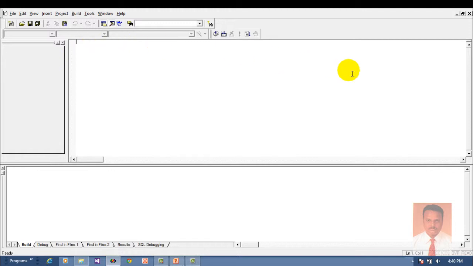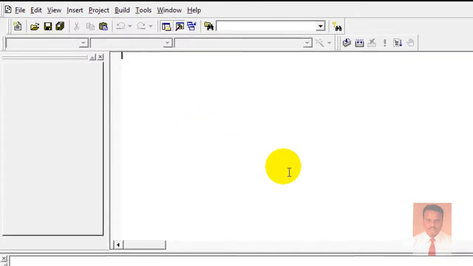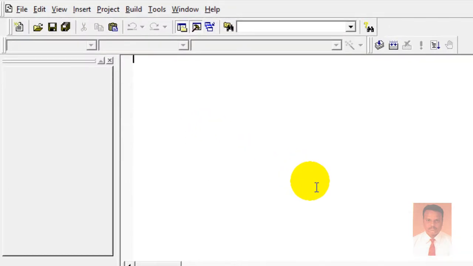So now this is an IDE, and this is an area where we are going to type our code. First, the preprocessor hash followed by the keyword include iostream.h, and next is hash include conio.h,